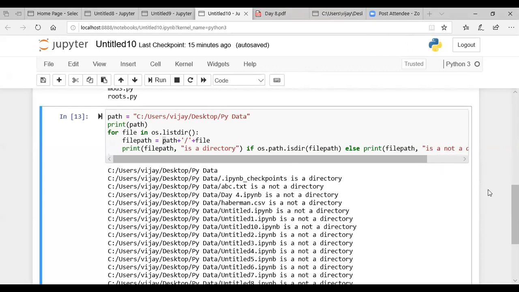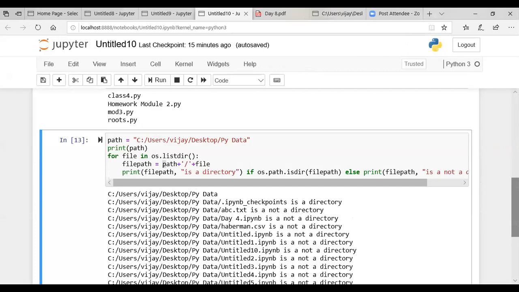Now, your task is: you are currently in some directory. Within that directory, you can have subdirectories. You can also have various files in that directory. So what we are going to do is define a path variable over here. This is nothing but the path of my current working directory. I'm defining the path over here, and that same path I'm just displaying. Okay, no need of displaying it over there. Then I'll be going through every file in the directory in which I'm currently working.